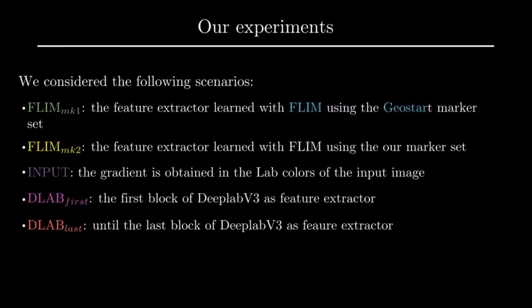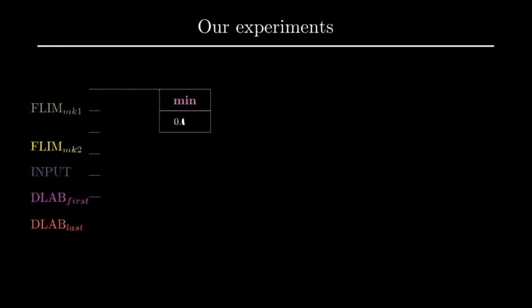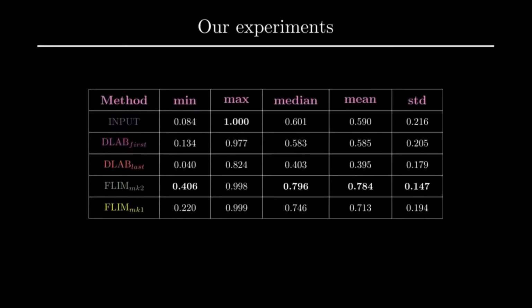We evaluated the following scenarios. We use the mean intersection over union as metric. Here, we can see the mean, max, median, and the standard deviation of the mean intersection over union for each scenario. On average, DeepLab's results